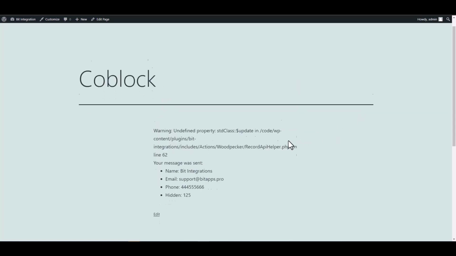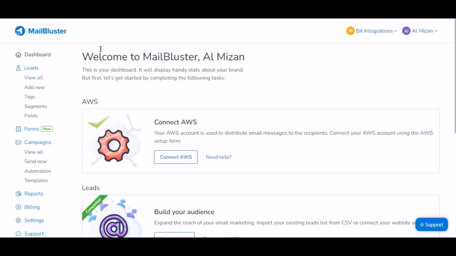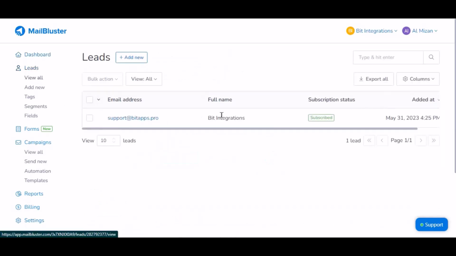Submit it. Now navigate MailBluster dashboard and click the View All under Leads. Here is the data that came into